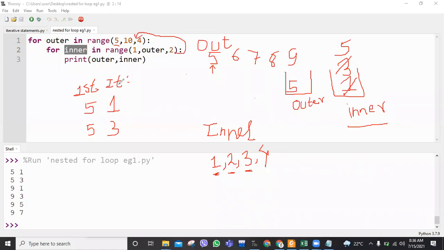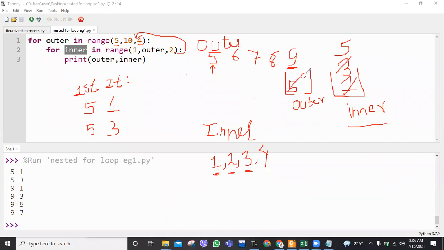Now, initially in the outer loop, the outer variable was initialized with 5. The step value here is 4, which means it should be incremented by 4. That is 5 plus 4 will be 9. So 9 is within the range, and this value will be assigned to the outer variable.